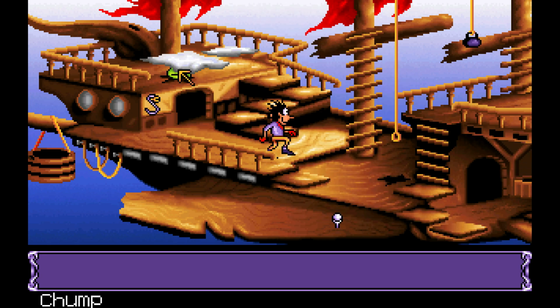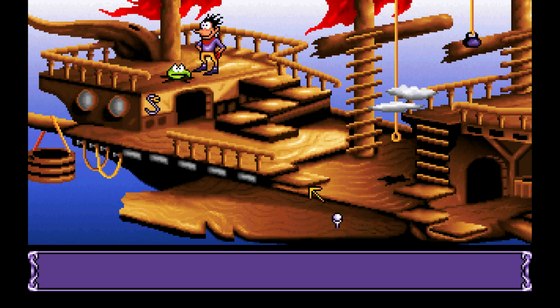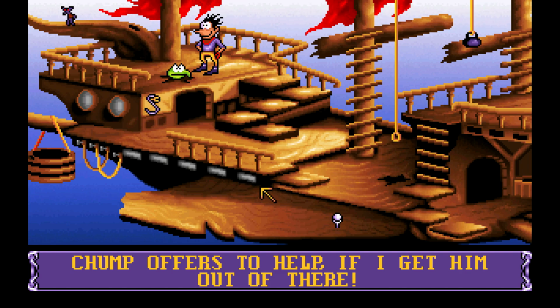All right, let's, oh, Chump. Yeah, we read about him in the manual. Hello. There we go. Chump offers to help if I get him out of there. Oh, yeah, I do need another character, so...